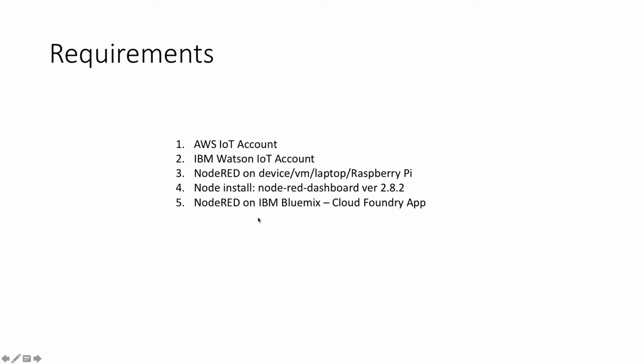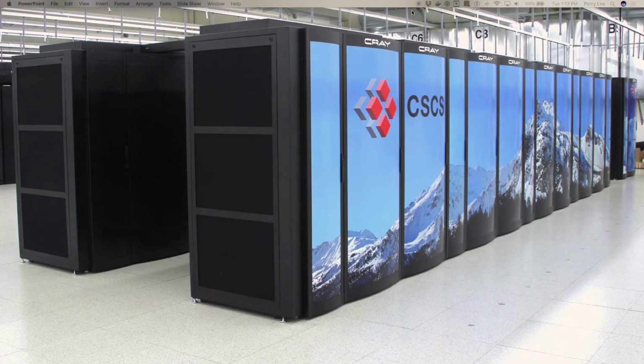So to prepare, you need an AWS account, an IBM account. You need NodeRED running on a laptop or a VM. In my case, I'm using a VM or a Raspberry Pi. I'd like you to install this node. It's called NodeRED Dashboard. It's for that dashboard line chart that I was using. And we'll also need to install NodeRED on IBM Bluemix in the Cloud Foundry app. So we will now go on to the next